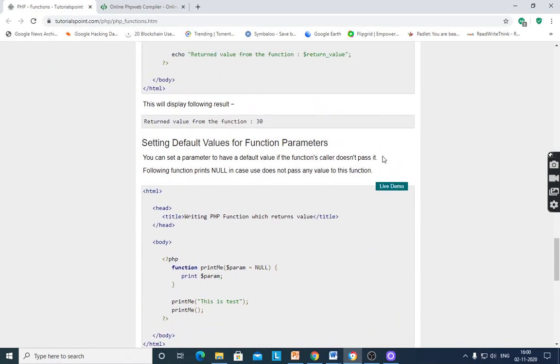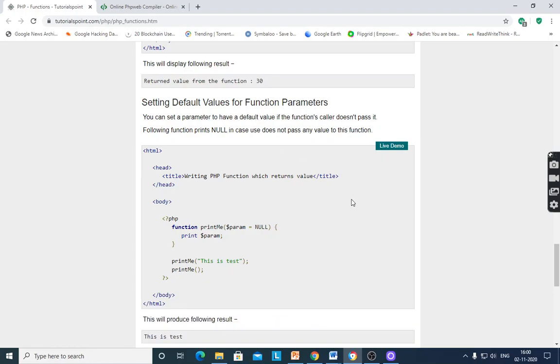Setting default values for function parameters. Suppose the function caller doesn't pass a value to the function; then we set a parameter to have a default value. If a value is not passed by the caller, it will assign the default value.